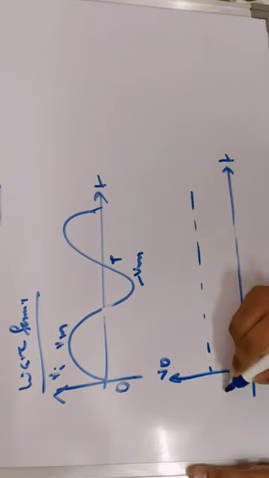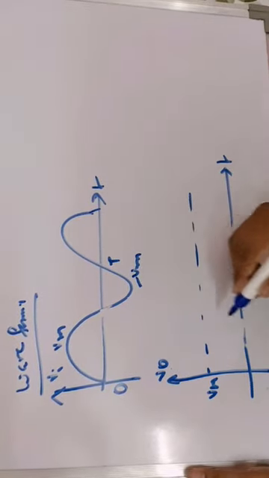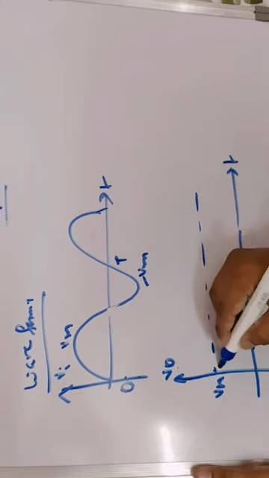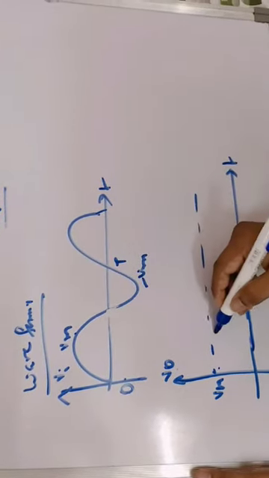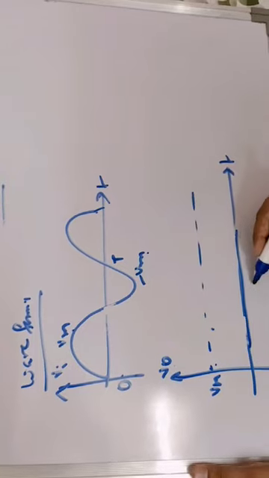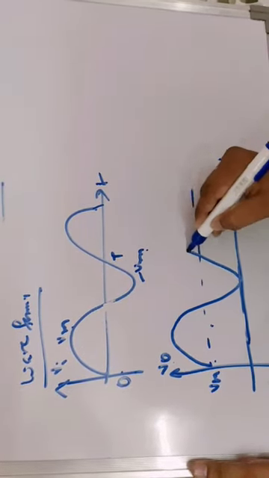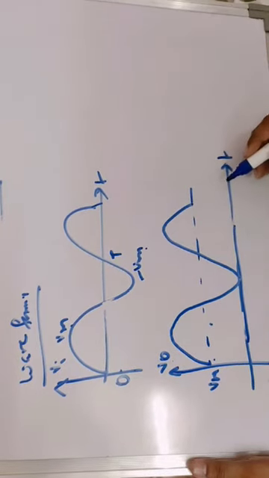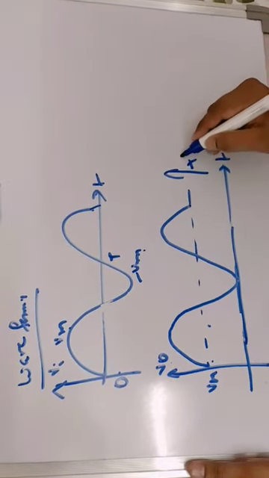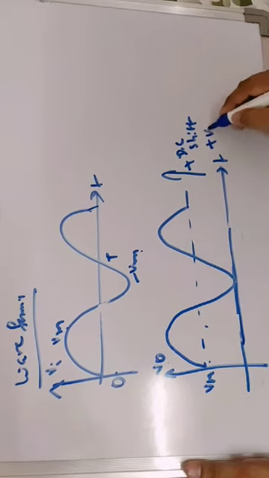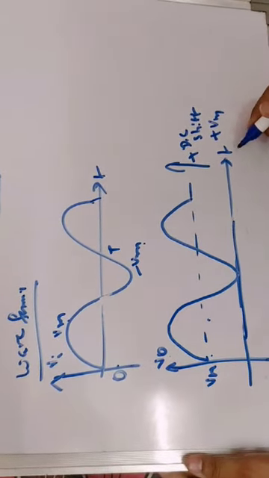Now we'll consider the output with respect to time. This is Vm. With this shift in the signal, whenever the input is 0, the output will be Vm. When the input is Vm, the output will be 2 Vm. When the input is minus Vm, the output will be 0. This is the resultant signal we get at the output of a positive clamper circuit, and the amount of positive DC shift is plus Vm. That is why it is called a positive clamper circuit.